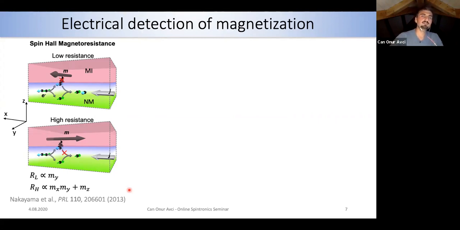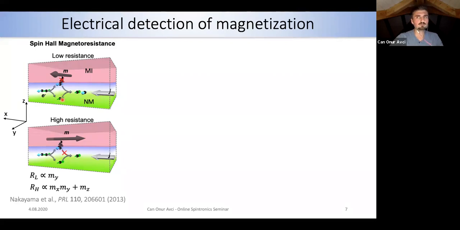So luckily we have this effect that was discovered about 7 years ago. This is spin Hall magnetoresistance, let me briefly explain. Here in the pink, you have this magnetic insulator. And if you have a metal with a large spin orbit coupling, for instance platinum, next to it, this platinum will generate a spin Hall effect. Spin Hall effect means that when you send a charge current through this material, it will deflect.